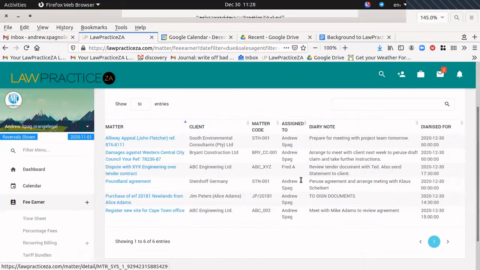So it shows the matter, it shows who the client is, who the matter has been assigned to, because you can also assign a matter to a different fee earner. For instance, I could have assigned to Fred for Thursday to collate documents for court, for instance, where I'm going to appear in court on Friday, and then I'd assign for myself on Friday to be in court at 10 o'clock. But if I click on a matter like this, alleyway appeal,